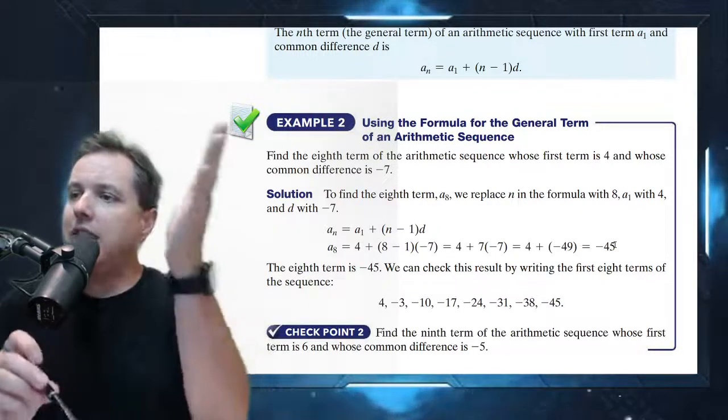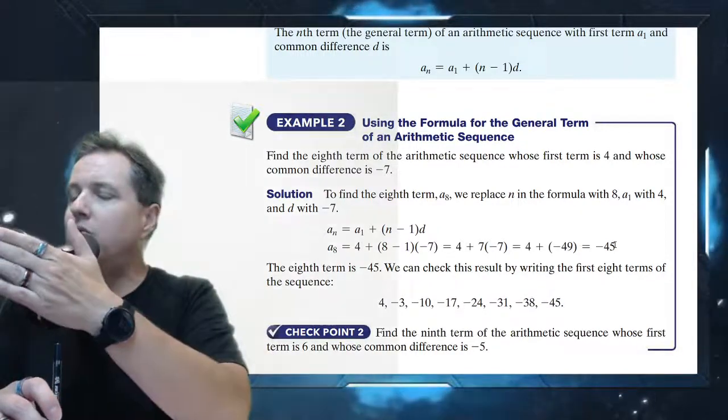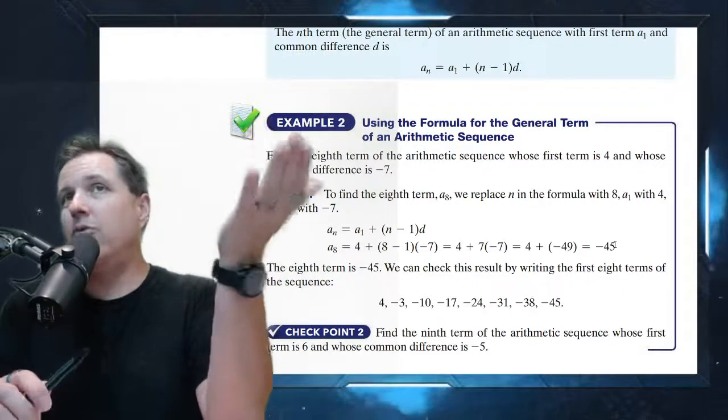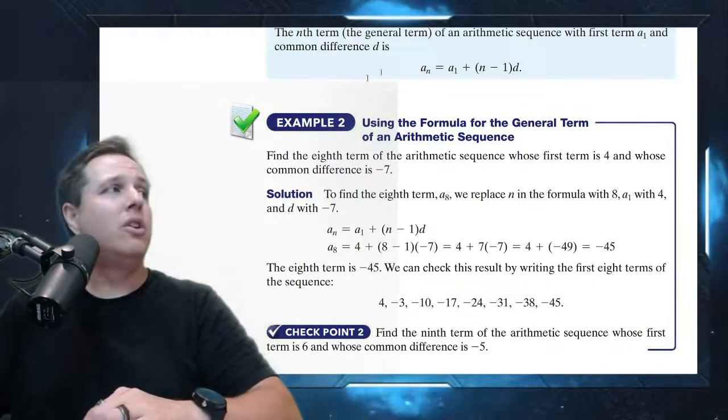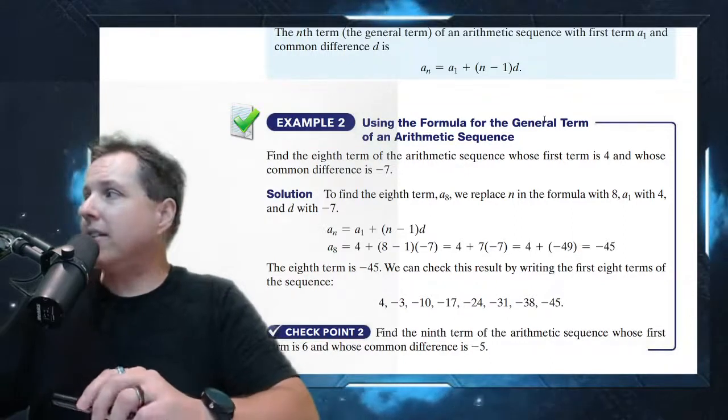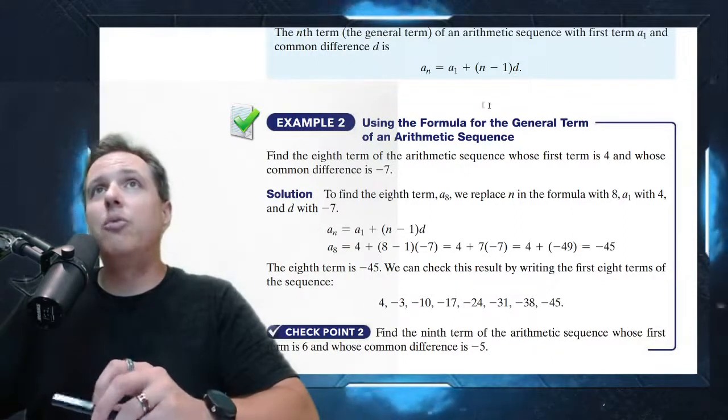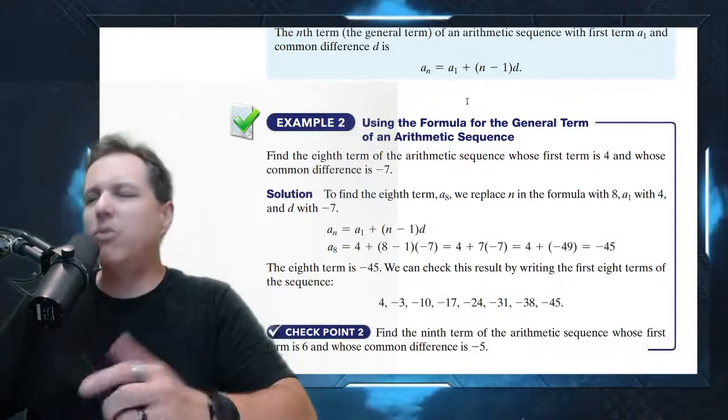So you don't have to calculate every single term in between. You can, but frequently that's the long way to do it. This is a pretty easy formula to use, so I would encourage you to have that when you're doing the homework, be ready to flip to this page and go, what was that formula again?